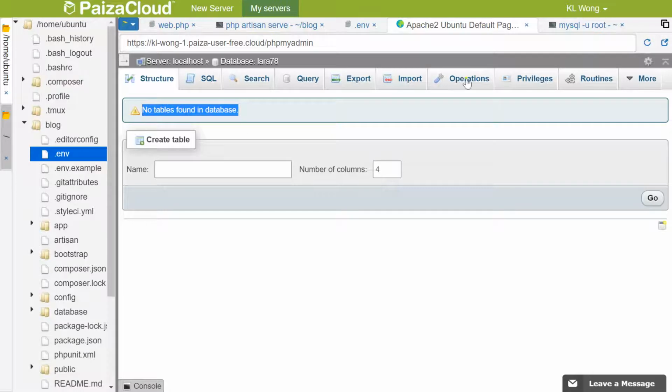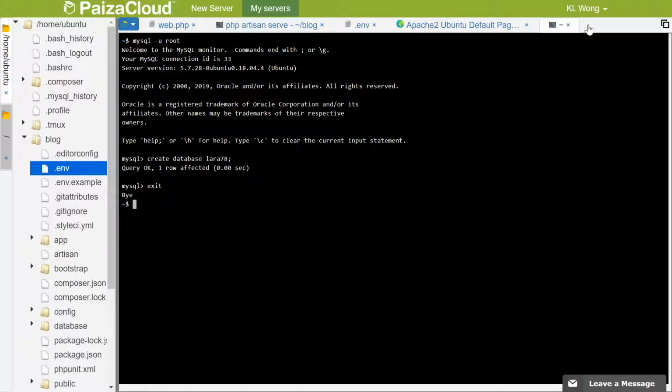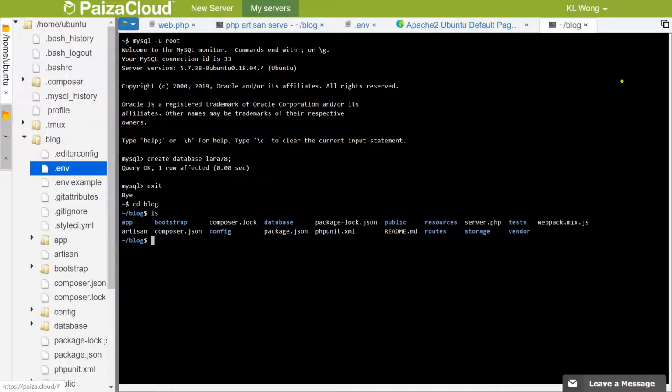So if I go back to the terminal window, and then exit out of MySQL, and if I go to my application directory, which is blog, and then if you look at the files, you see that you have a folder called database. If you go to database, you will find